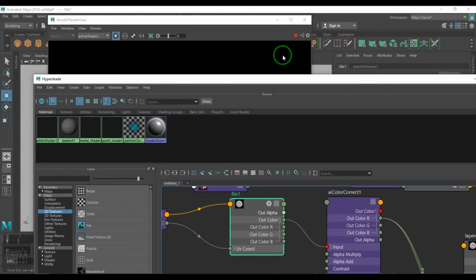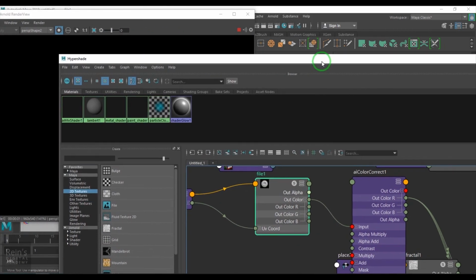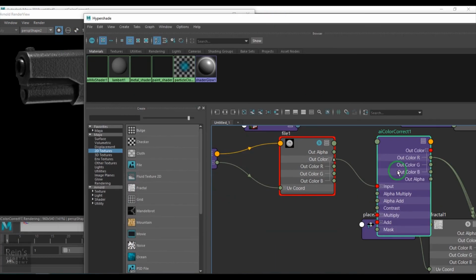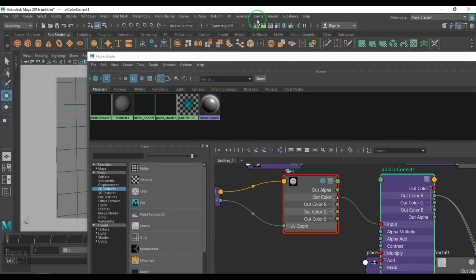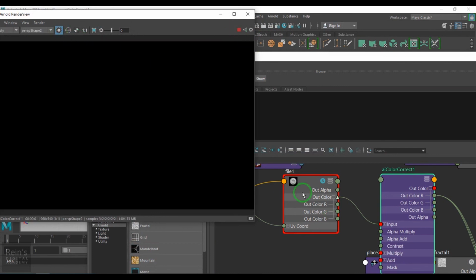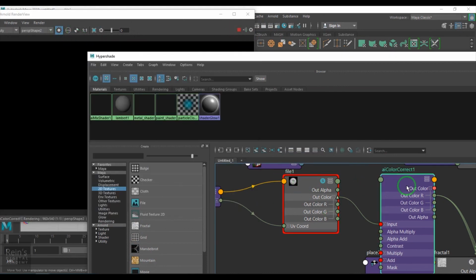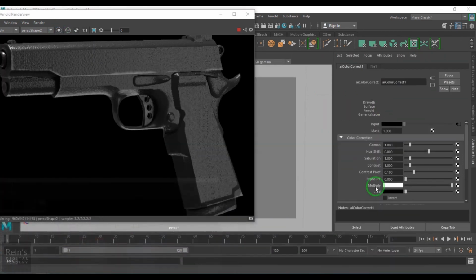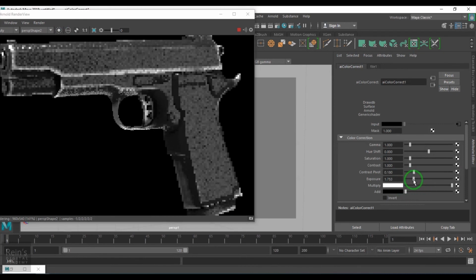So I'll choose AI color correct, and then input, okay, then I connect this red there. So now if I select the AI color correct, okay,